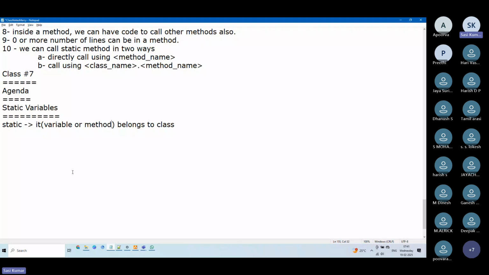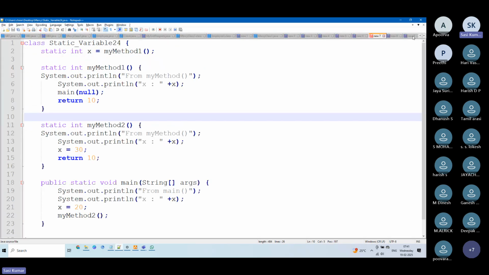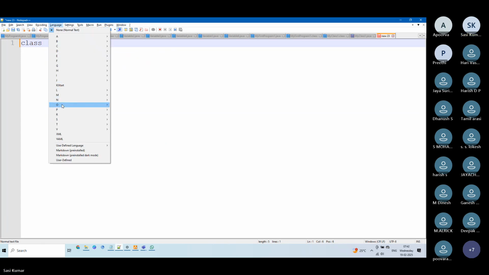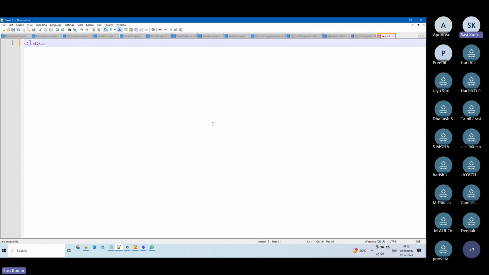So what I want to do is create one class and improvise that class as we move forward in today's learning. Let me create a new class. By the way, this is Java, right? So the language is Java. I'll say class, and the class name is static